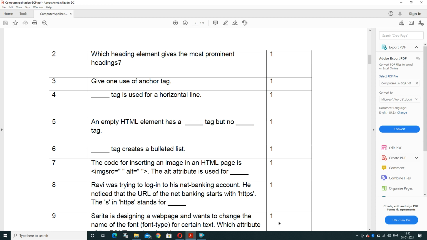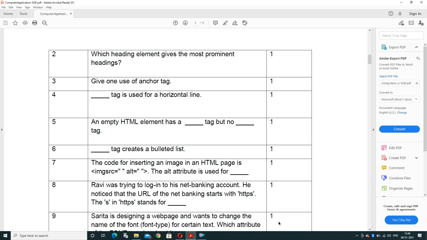Two types of elements are there. One is container, second is empty. And the empty element has an opening tag but will not have a closing tag. So the fill-ups will be opening and closing. Or we can write start and end.